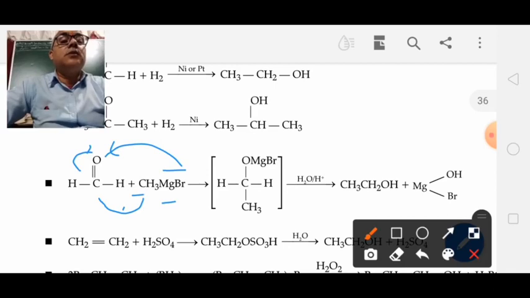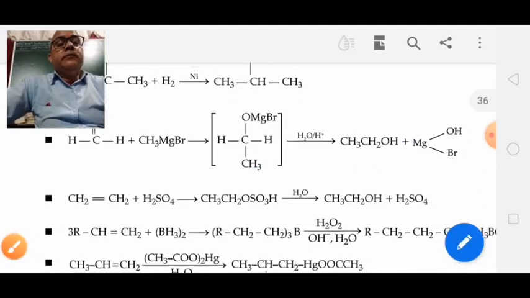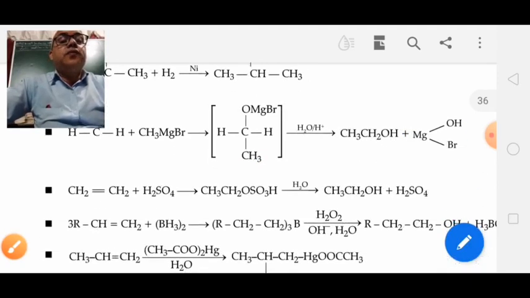This way you get a complex which on hydrolysis gives ethanol and Mg(OH)Br. This is very simple. This way you can prepare primary, secondary and tertiary alcohol also. Now you see here